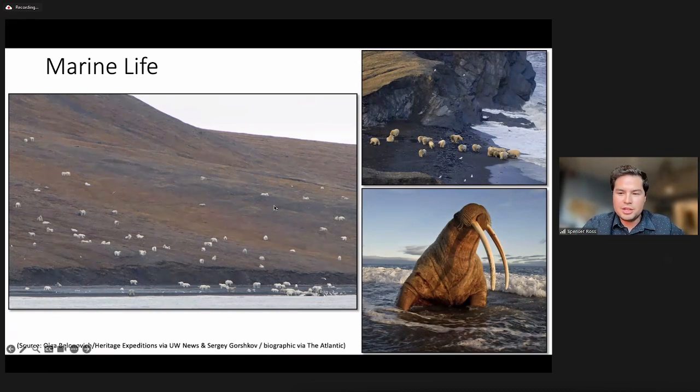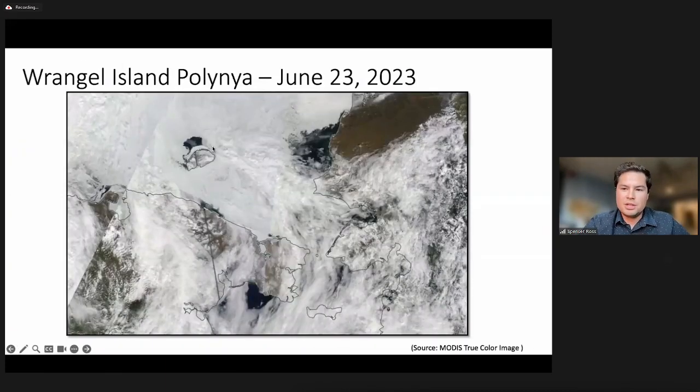Another important feature of the island is the Wrangel Island polynya. So typically in June, a seasonal polynya opens on the west side of the island and can creep up to the north side of the island. So this is a picture from a NASA satellite image from June of 2023, showing this area of open water here to the west and up into the north of the island, which marks this polynya. This is a latent heat polynya, and it plays a role on the thin side of the dipole, which forms